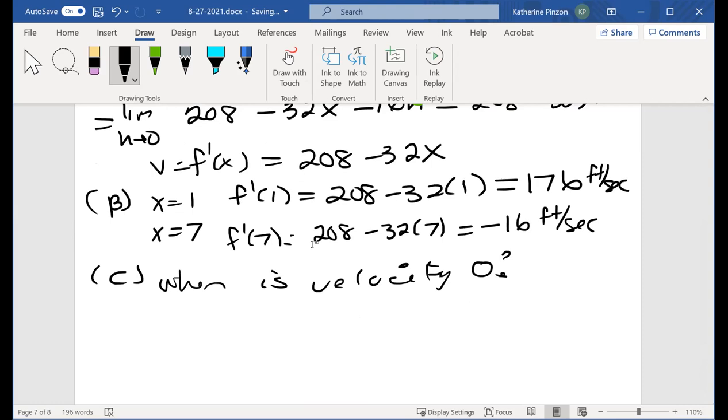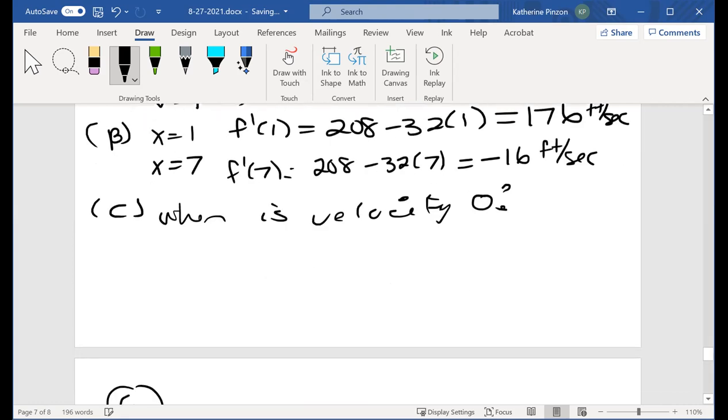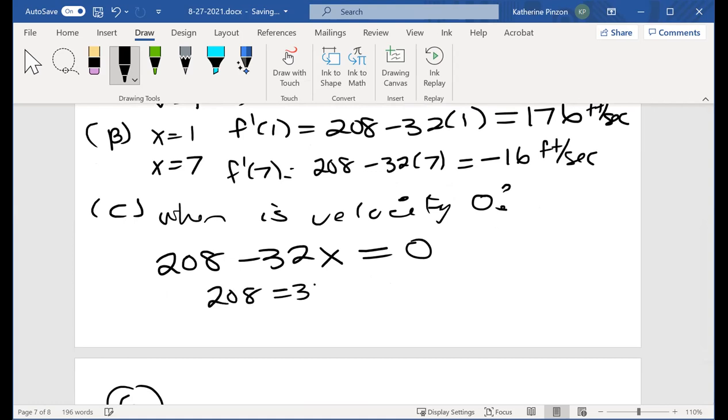At 7, the velocity is a negative number. To get there, it has to go through 0. So I'm going to take that velocity function, 208 minus 32x, set it equal to 0, and solve for x. So add 32x, divide by 32, x equals